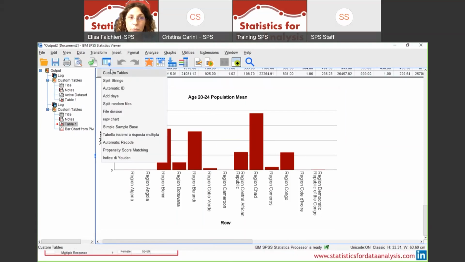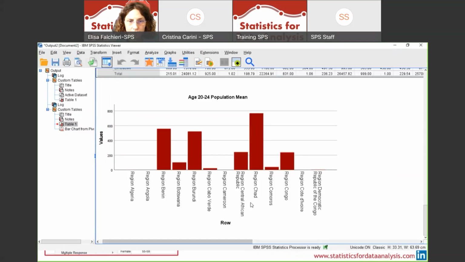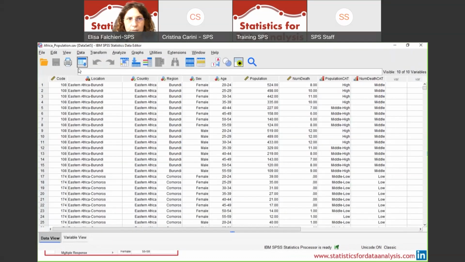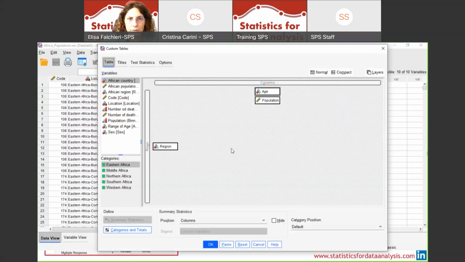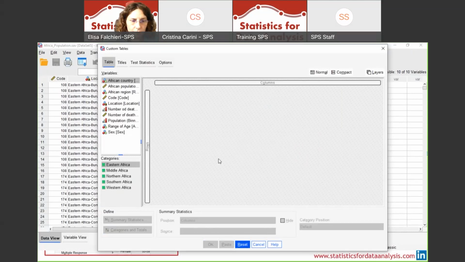As you can see, I recall the custom table from the toolbar, and we can reset it with our table, and then we need to choose the correct file. Then we can recall the custom table, we can reset it, and then we can put